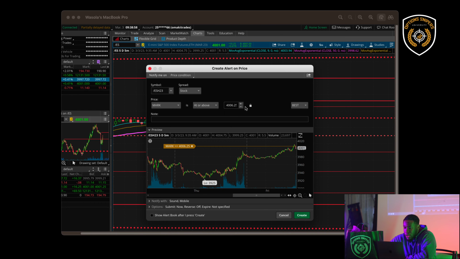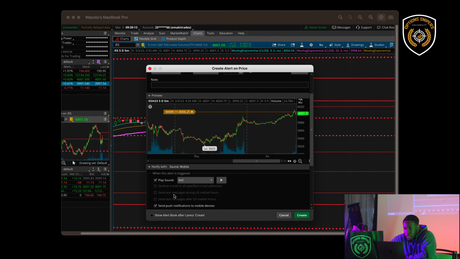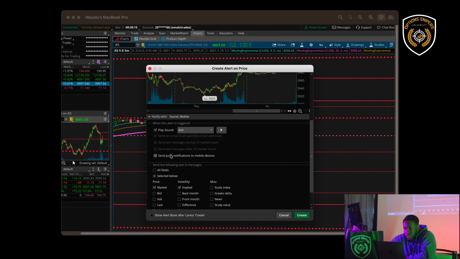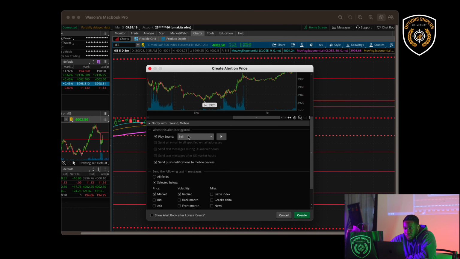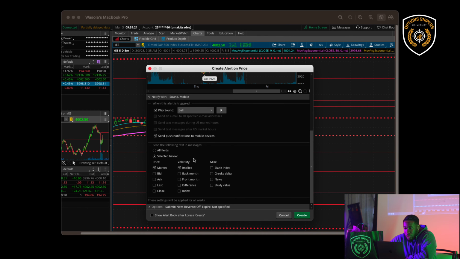So, for instance, I want to see us go above this level to get calls, right? So it's saying ES, make sure that the price is at or above that level, okay? And then I could decide where it can notify me. I could have it sent to my phone, and this will be a text message. So you could send it as text and also as a notification on your